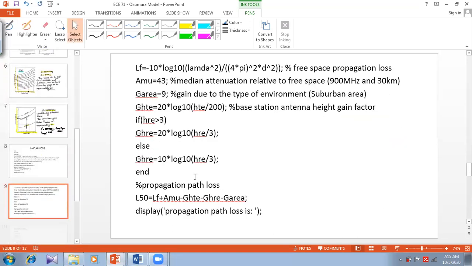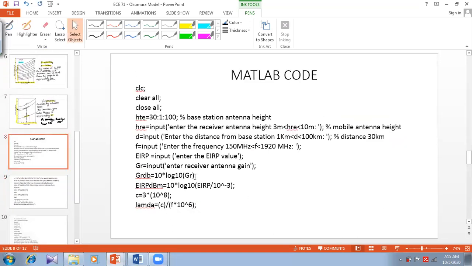Just briefly, I will take you through the code. From here, if you see, you're taking the inputs. Here you're taking the input of your receiver antenna height, and we have explicitly mentioned that the range has to be between 3 meters and 10 meters. And similarly, we are taking an input from the user for the distance between the base station and the receiver antenna. Again, the range has been mentioned: it has to be between 1 kilometer and 100 kilometers. And then the third is the frequency of operation, which, again, we have told you is between